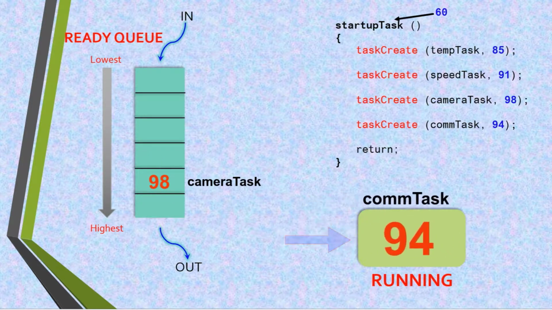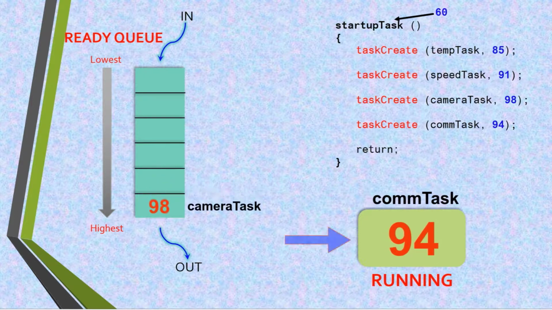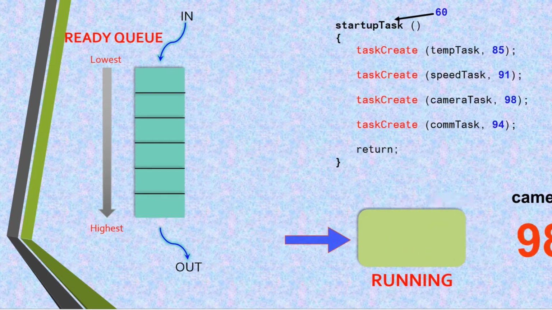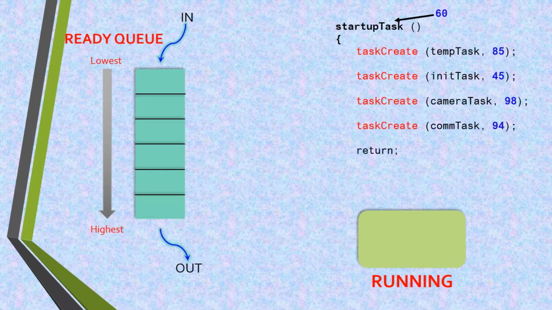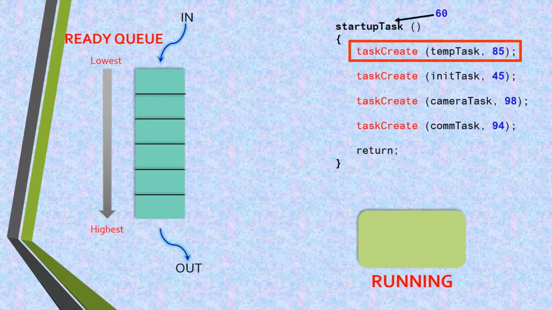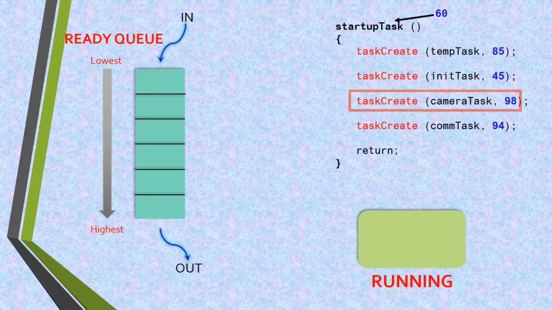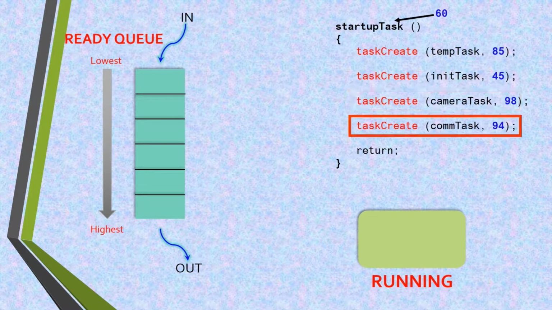But we still have to talk about what preemption exactly means. For this, let's take the same example again, but with some changes in the priority. Startup task with priority 60, temperature task with priority 85, initialize task with priority 45, camera task with priority 98, communication task with priority 94.